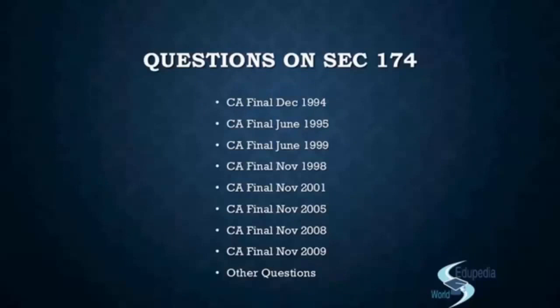So in the given case, we have seen that there are total strength of 11 directors and 3 are present. So if there are 11 directors, as per the requirement, we need to have 1/3 director for the quorum, right? So 1/3 of 11 is 3.67, which would be rounded up. That means you need a minimum of 4 directors, 4 disinterested directors. And what you have in the question is 3 disinterested directors. So will the meeting be a valid meeting? The answer is no, because you don't have the quorum, right?